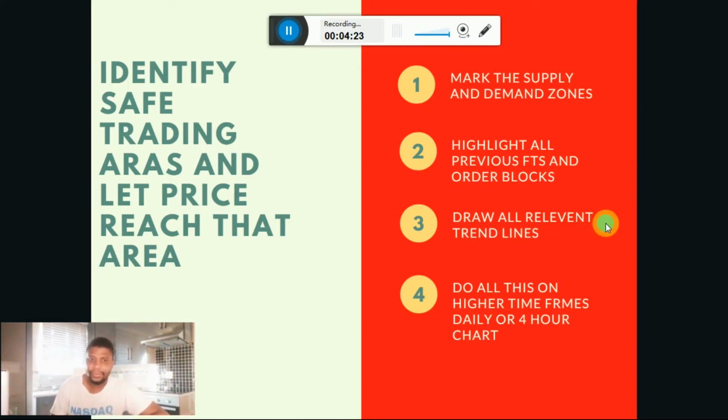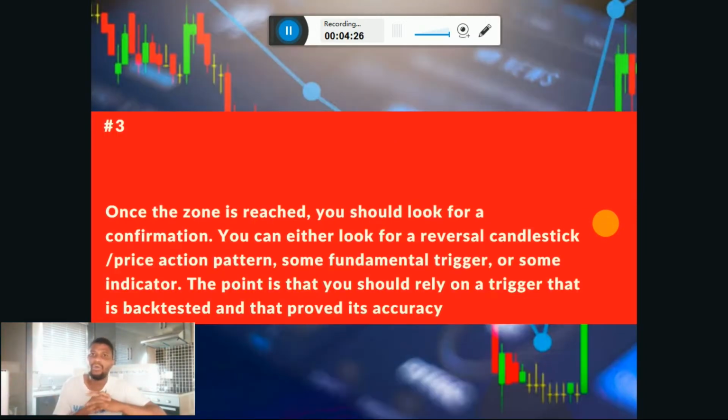Then the third one: once your zone has been reached, either a supply or demand level or resistance, or the market has touched a particular trend line you drew, you should look for a confirmation. You can look for a reversal candlestick, a bullish engulfing, or a bearish engulfing, or a pin bar, a hammer. You can also look at chart patterns, or some fundamental news, because